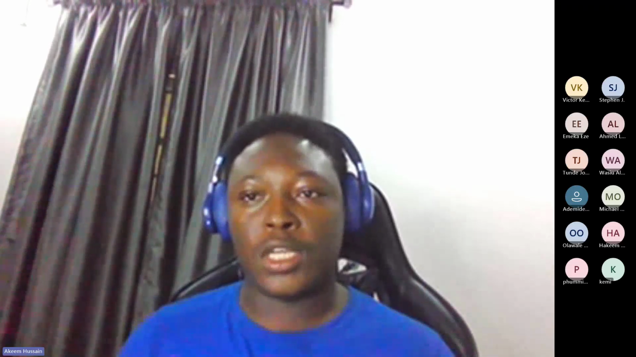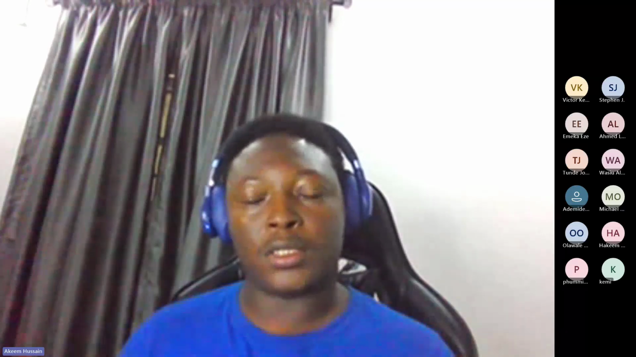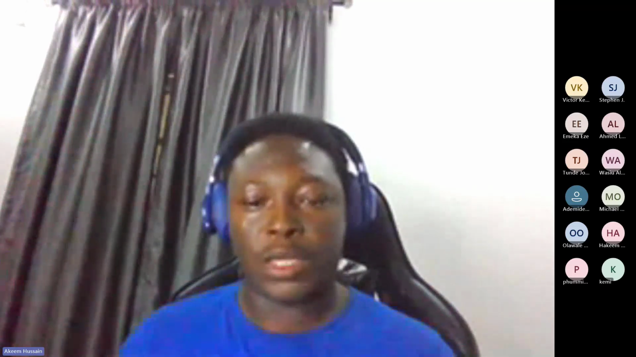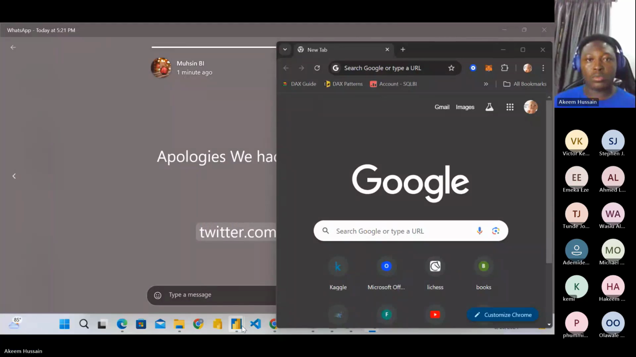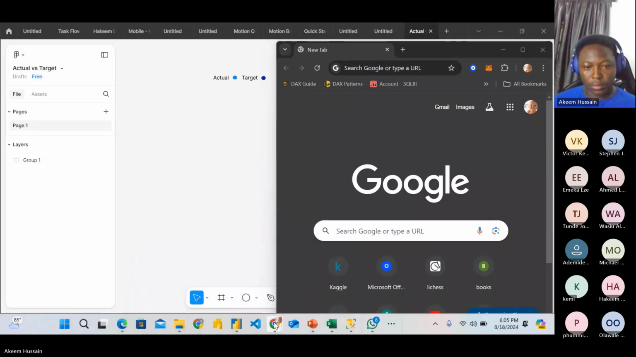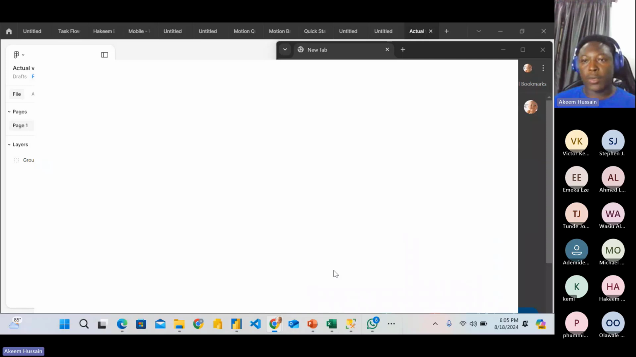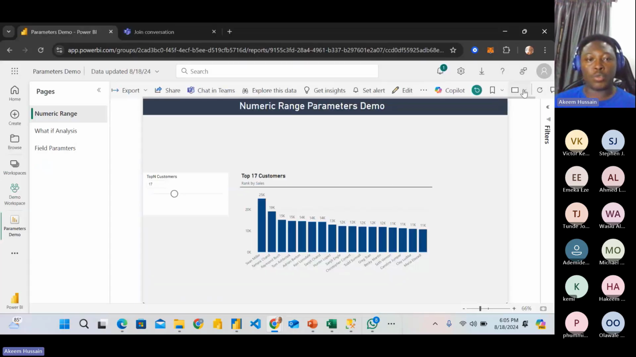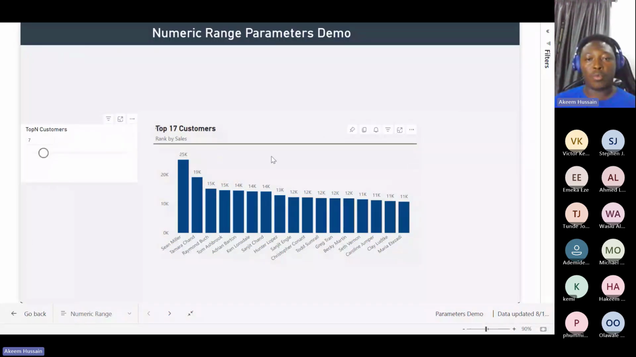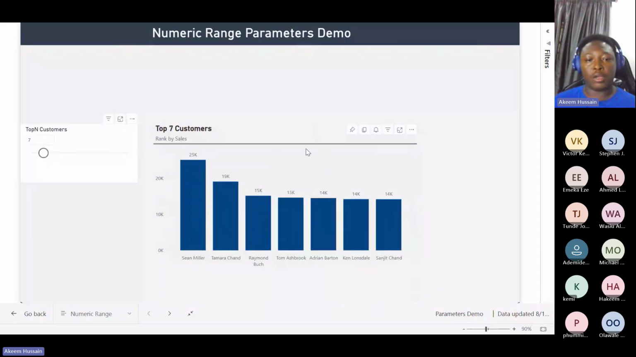So in today's class, we're just going to be talking about parameters in Power BI. Let me share my screen so that we can jump into today's conversation. By the end of this class, this is what we want to be able to achieve: to create a dynamic top-N filter where, when we select the number in a particular chart, we are able to streamline our visual to show